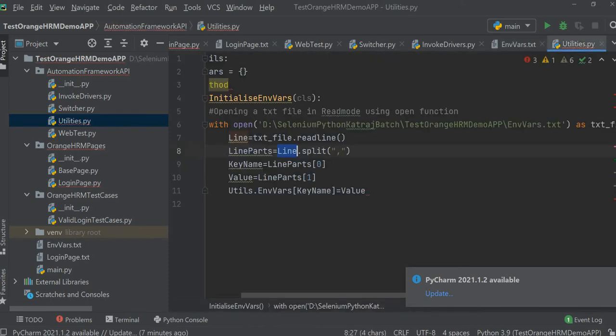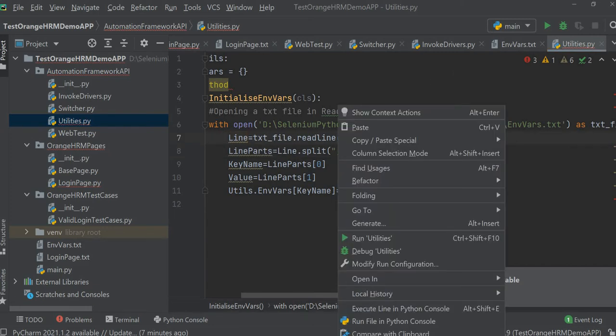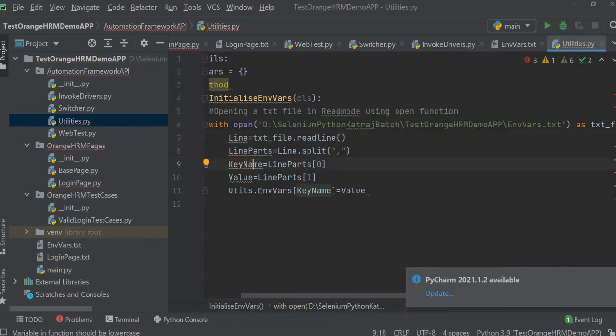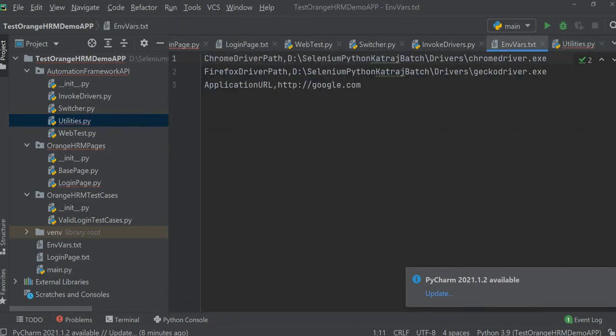Now here we are reading a line and then splitting that line into two segments. And what is the splitter we are using? This comma. So this comma is nothing but a splitter. At this point we are slicing the line and getting two sections created, right?